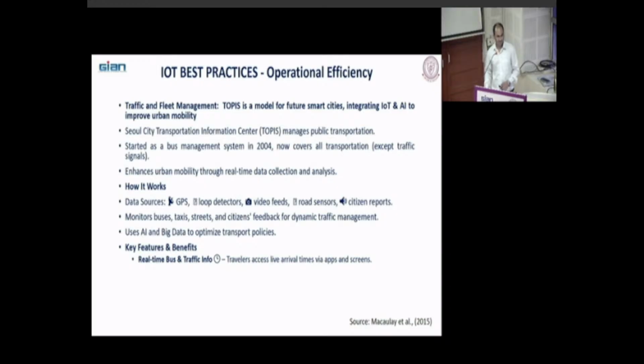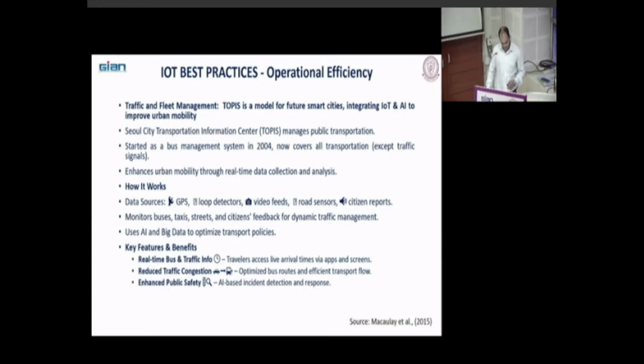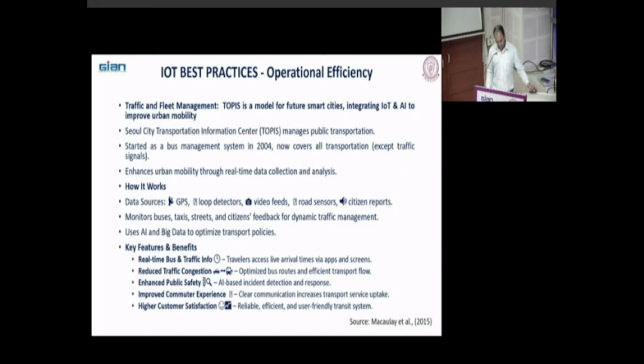Real-time bus and traffic information. You can find out because GPS, IoT devices are attached to those vehicles, so you can find out what is the location, when you can expect that bus there. Travelers access live arrival times via apps and screens. Reduce traffic congestion. If there is a traffic congestion on one route, it suggests you to take another route. Optimize bus routes and efficient transport flow. Enhance public safety, AI-based incident detection and response. Improved commuter experience, clear communication, increases transport service intake, and higher customer satisfaction because of reliable, efficient, and user-friendly transit